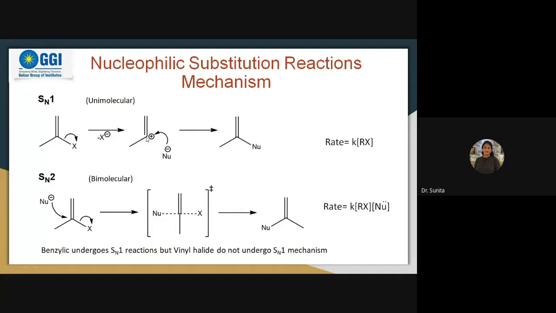It has two possibilities. And if it is haloalkanes that are highly substituted, then the chances of the SN1 mechanism will be more. And if it is less substituted, then the chances of the SN2 mechanism taking place are more. So the rate difference and kinetics you can discuss for these reactions. This is a very important topic. Most of the time the examiner asks about nucleophilic substitution reactions and their mechanism, kinetics and stereochemistry. Full-fledged 8 marks questions come under this topic most of the time.